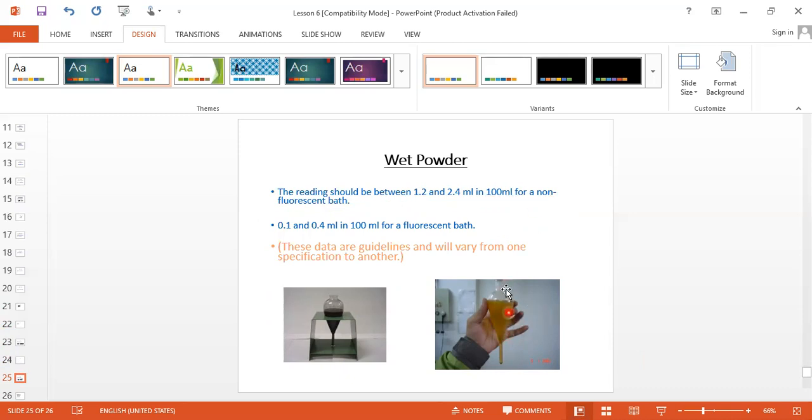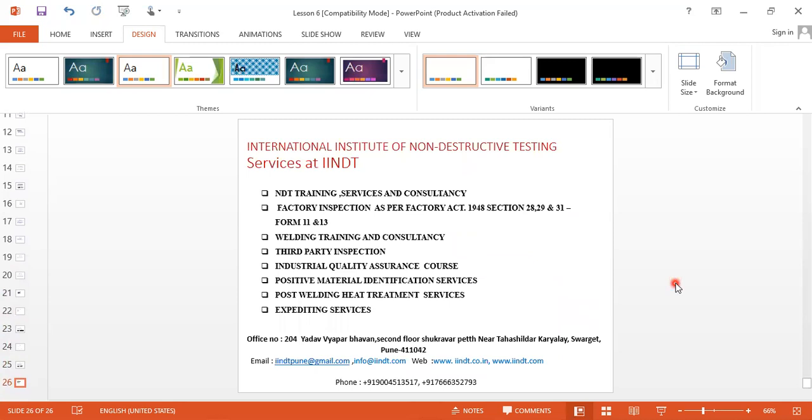So in this centrifuge we will take 100 ml. There is one marking of 100 ml here, and at the bottom side there are markings of 0.1, 0.2, 0.3 like this. And for fluorescent, 0.1 to 0.4 ml in a 100 ml fluorescent bath. Now these data are guidelines and will vary from one specification to another. This is for general purpose only.